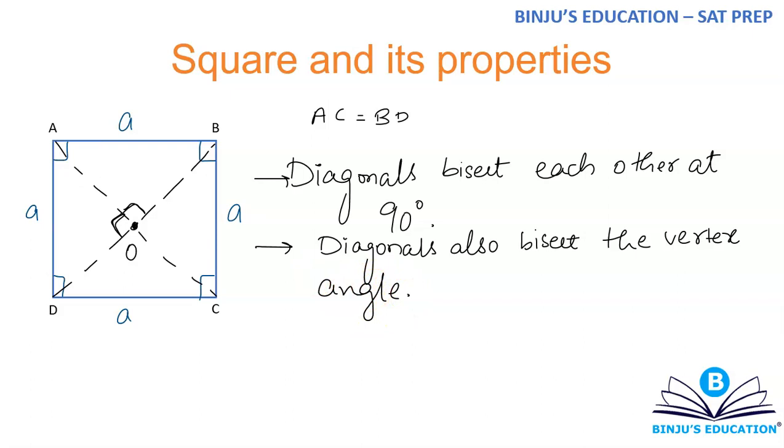So you can go on saying that this angle, if you call this theta, then this will always be theta. Or since it's 90 degrees, why don't you directly write 45 and 45? Let me remove these. So if this is 45, this is also 45, this is 45, this is also 45, and so on and so forth. Okay, now let me remove one of the diagonals.